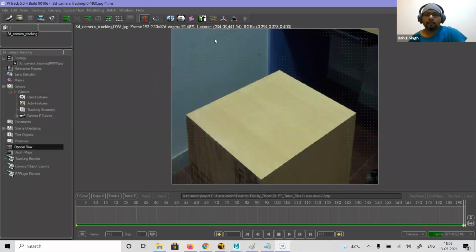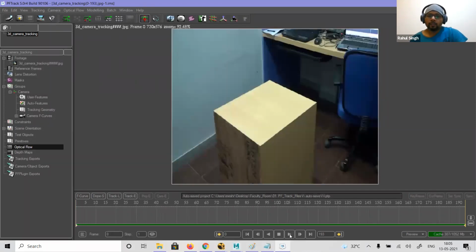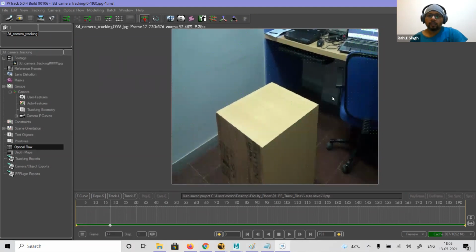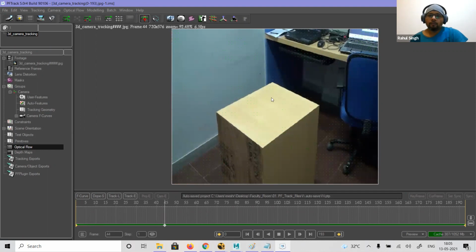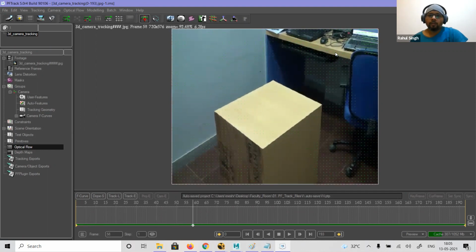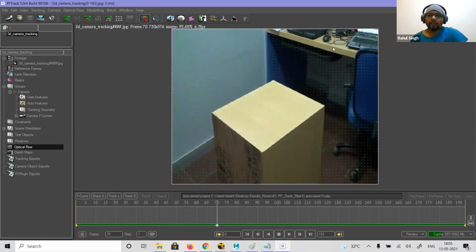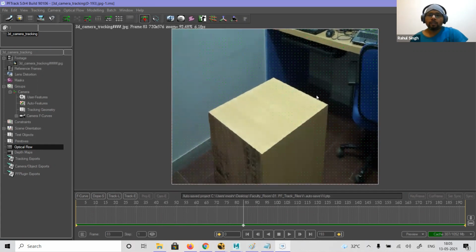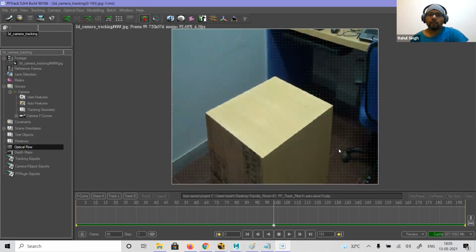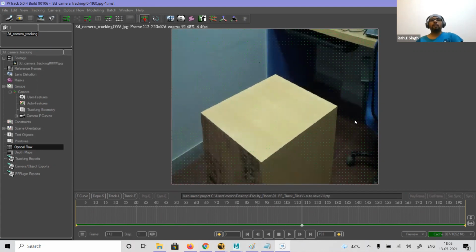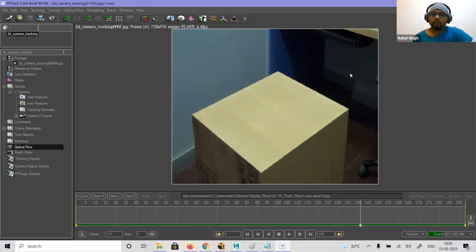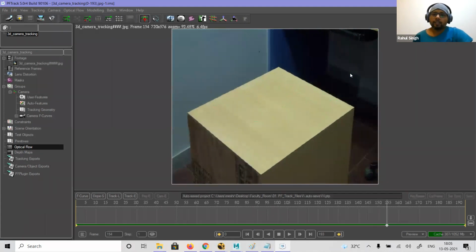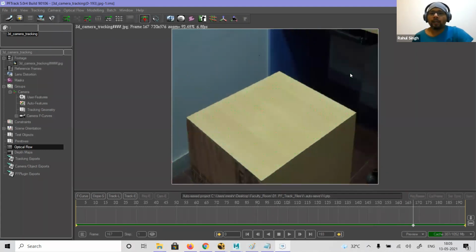Okay, done. It will be represented with green dots and small lines. Now you can see how the lines are present, right? It gives you the optical flow, where it is possible to get points and how they will move around. So this is what optical flow will give you. Okay, it is just for the look. It doesn't impact your tracking or solving much. It is just to help the camera identify things.